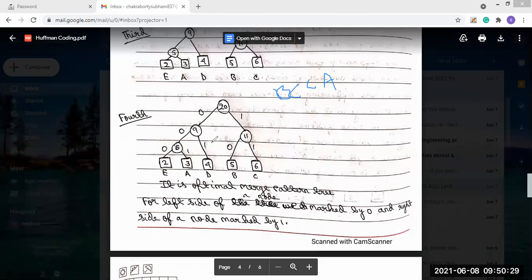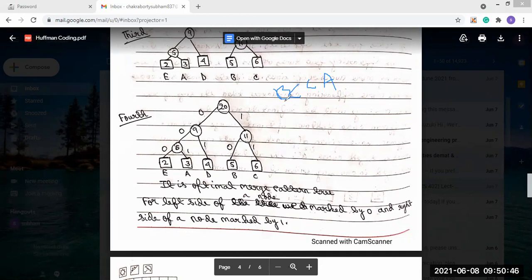The sender has sent the message, and with this message the tree is also sent. So the receiver will decode the message from this tree.